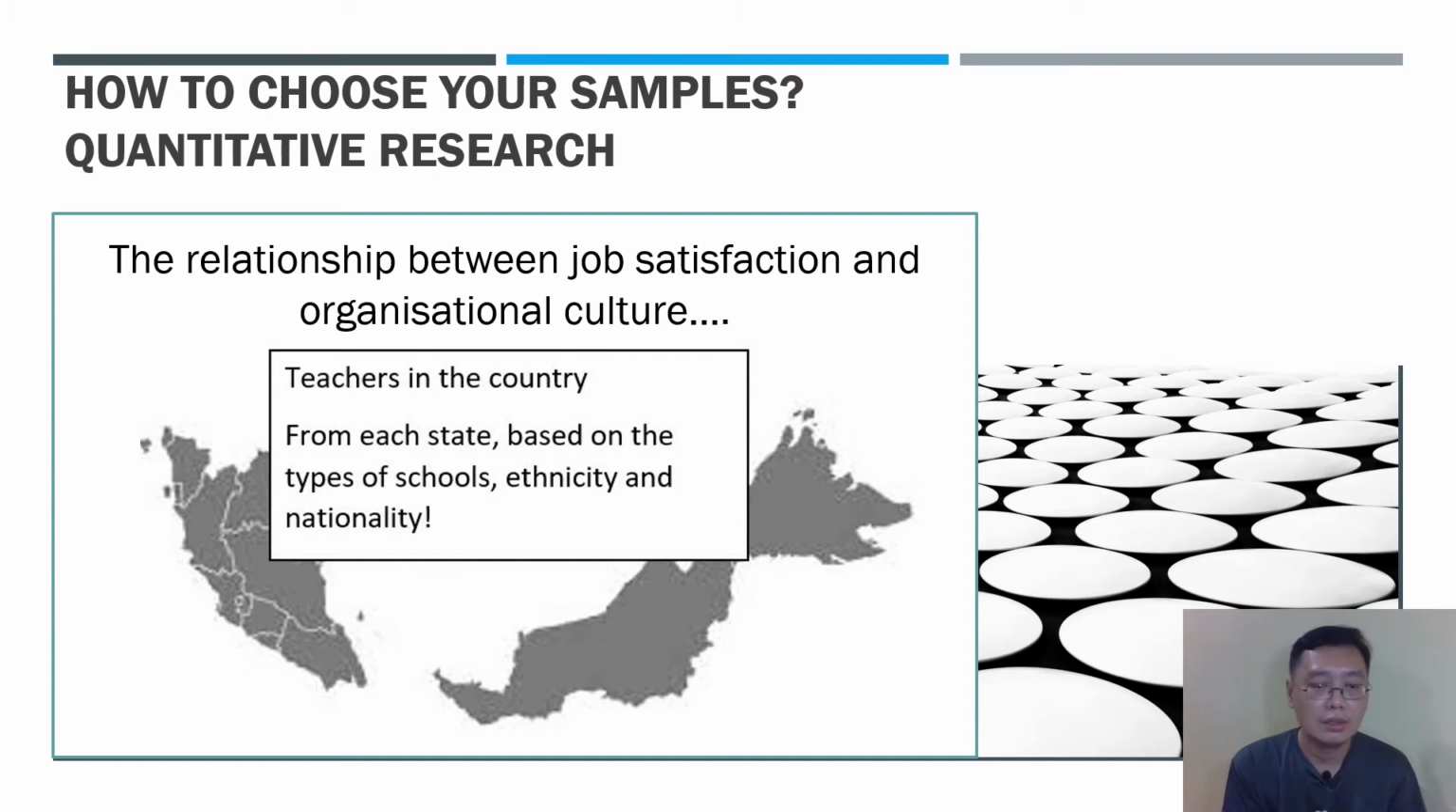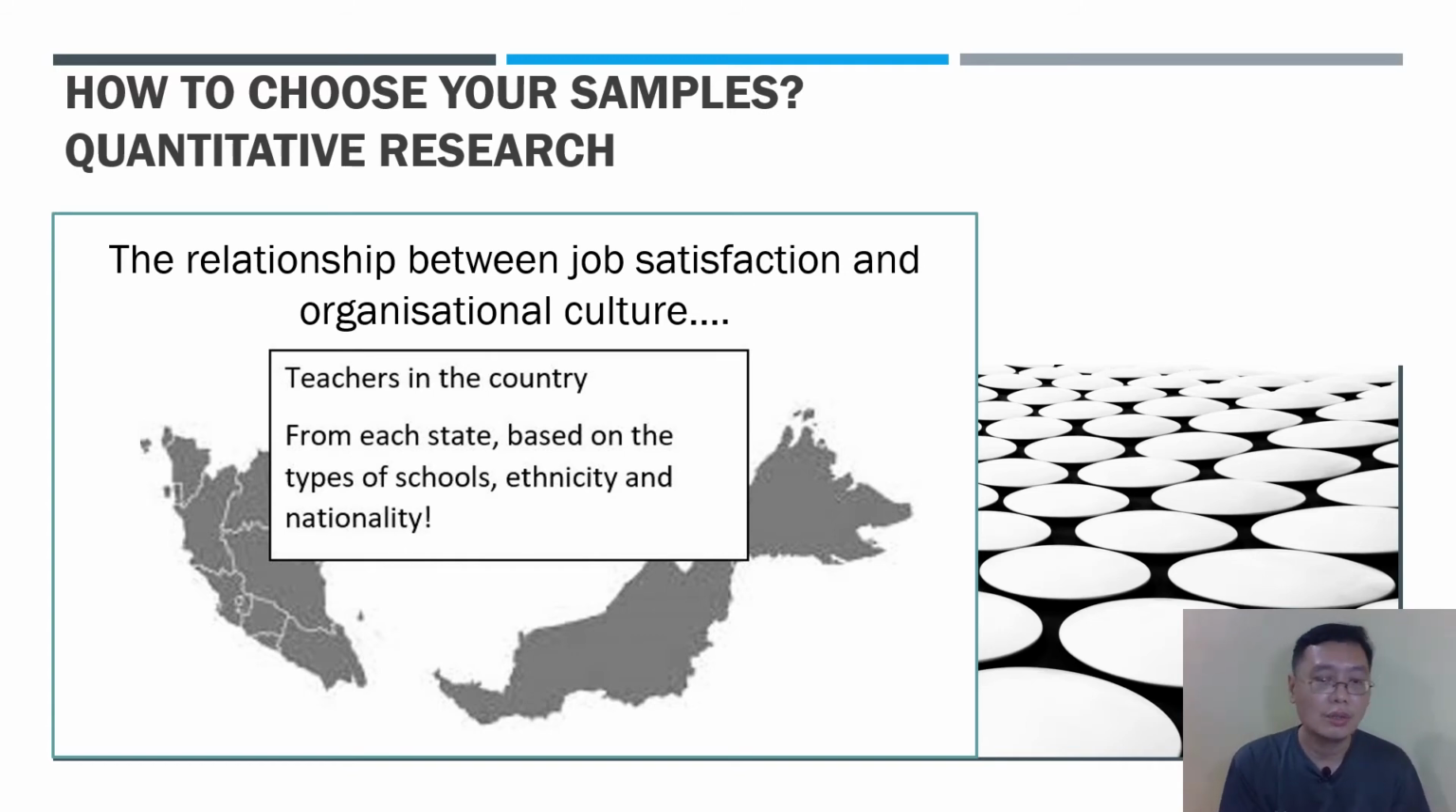Or you look at the relationship between job satisfaction and organizational culture of teachers in the country, where you might be interested to know, especially if at the state level there is a different organizational culture from one state to another, or maybe there is a different organizational culture between private school and government school, or maybe in terms of ethnicity, the way they perceive job satisfaction could be different, or maybe in terms of nationality, it could make a